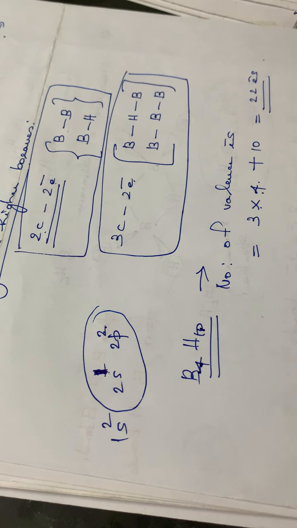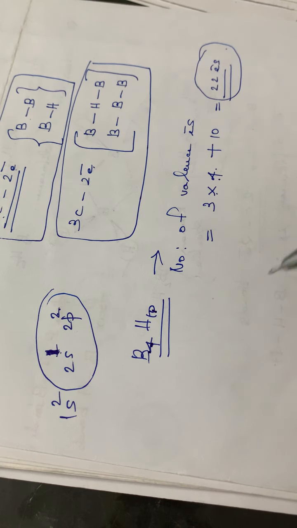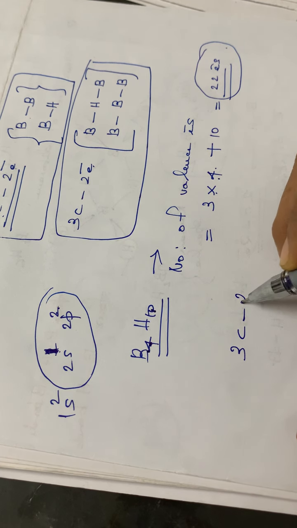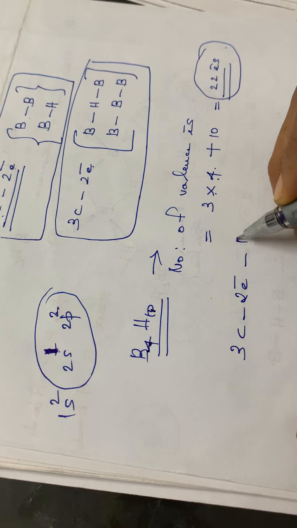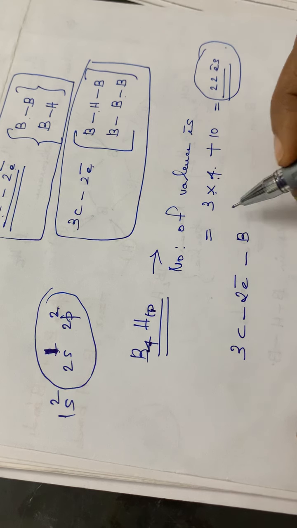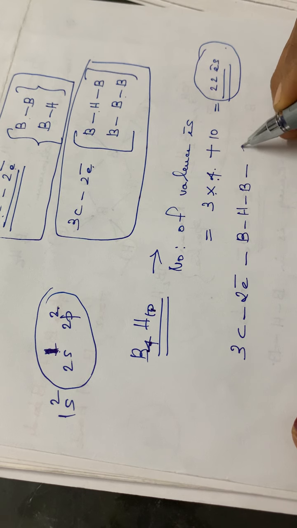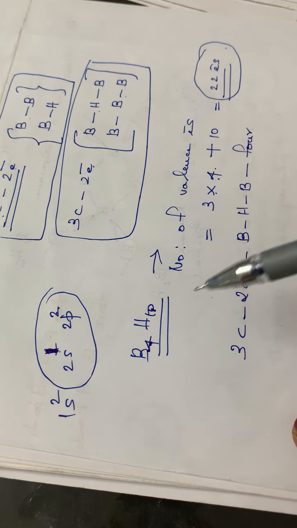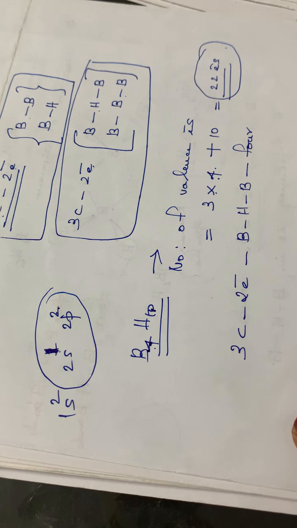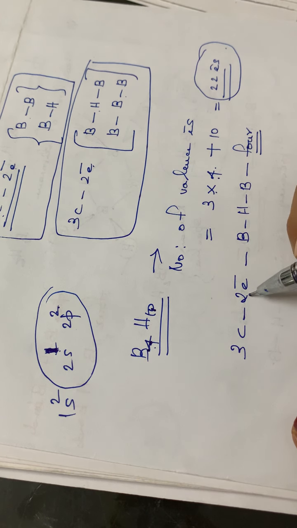Then you have to see what types of bonds are present in this particular borane. First of all, you have to count the number of 3 center 2 electron bonds. 3 center 2 electron bonds can be either of these two categories: BHB or BBB. Here it has a BHB bond, and the number of BHB bonds is equal to 4. So this particular molecule has 4 BHB bonds. So 4 BHB bonds means it will be contributing how many electrons?